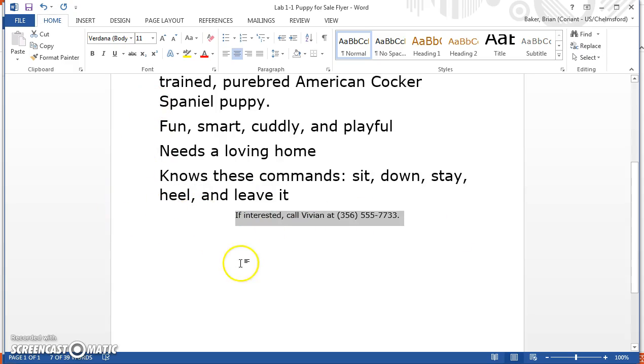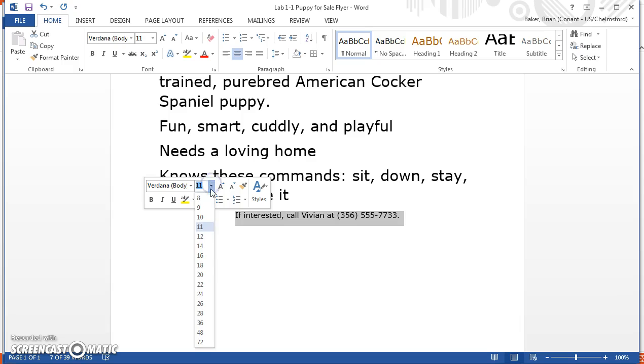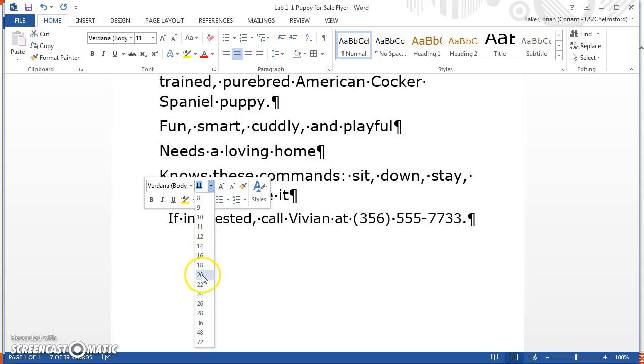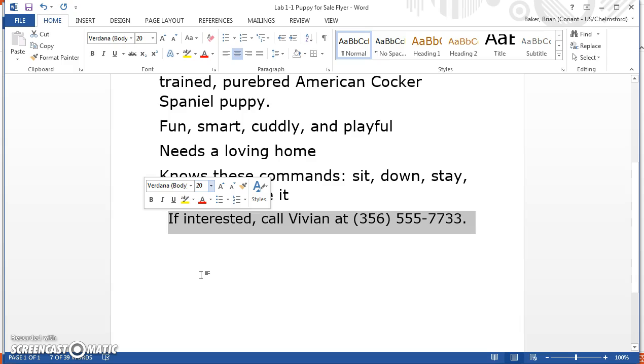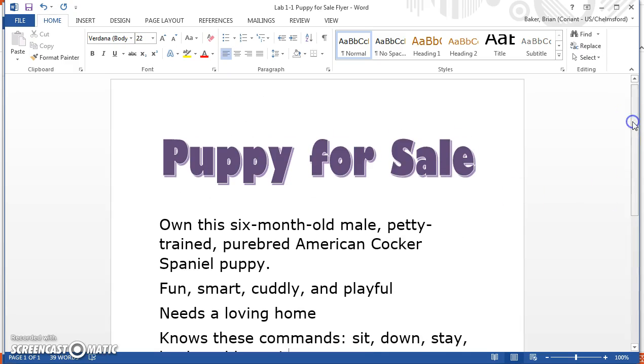size 20. If you happen to select your item and you notice that the quick access toolbar comes up, you can always utilize these buttons as well. It just saves you from having to go all the way up to the ribbon and choosing your formatting. Okay, I'm going to click to deselect and just go back up so I can see the top of